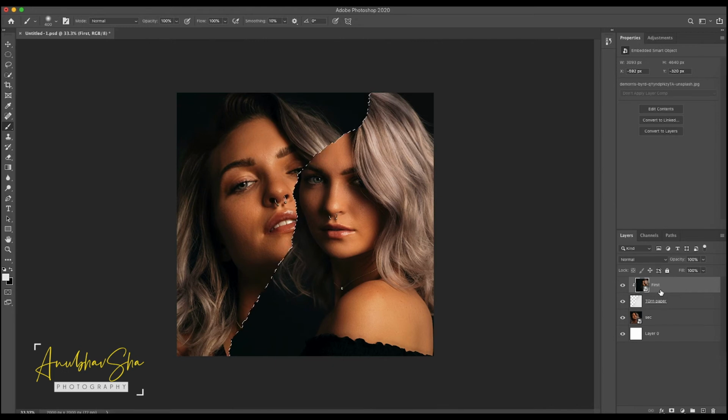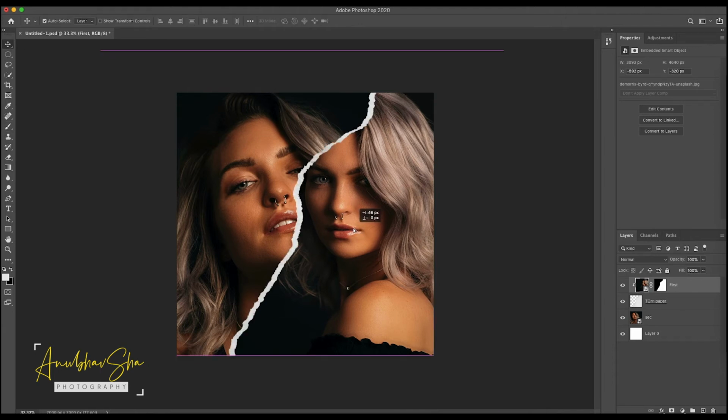And you are noticing that the first image is selected. And just simply click on the masking. You will create one masking having the selected effect of the torn paper right here. Perfect. Now just select the main thumbnail of this first image and press V to select the move tool and